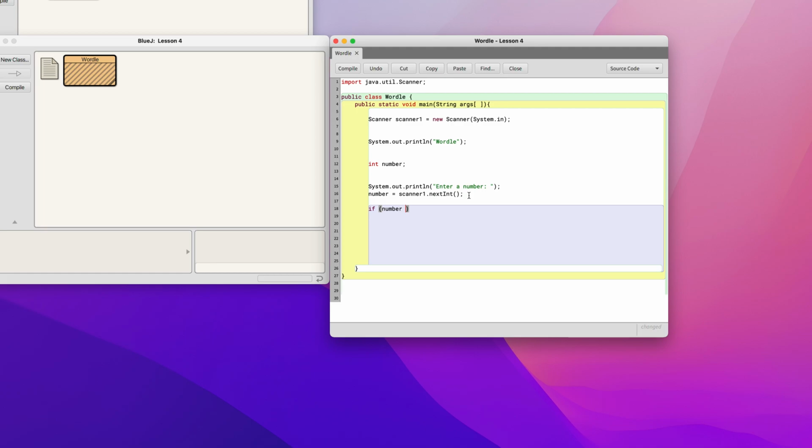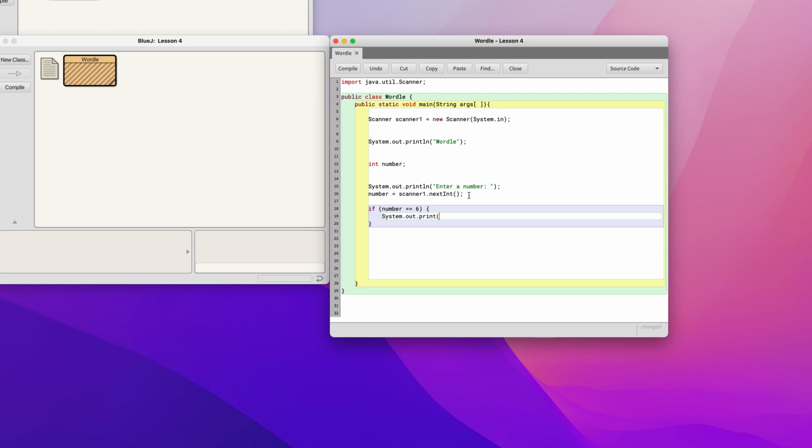So to see if something is equal to something else, you use two equal signs. So if number equals 6, then outside the parentheses you have open and close braces, and then inside the braces is where you put the command that will be executed. So if the number that the user enters is equal to 6, say you entered 6,